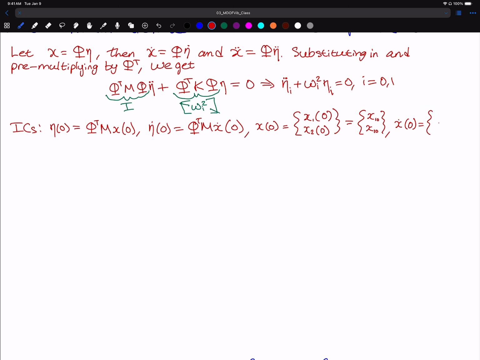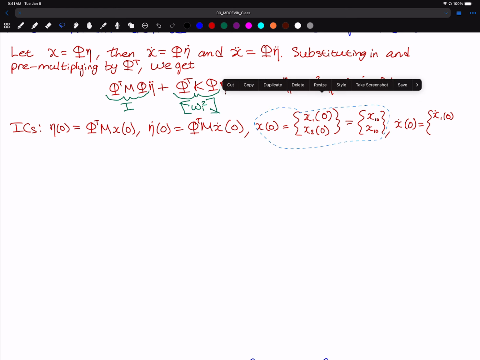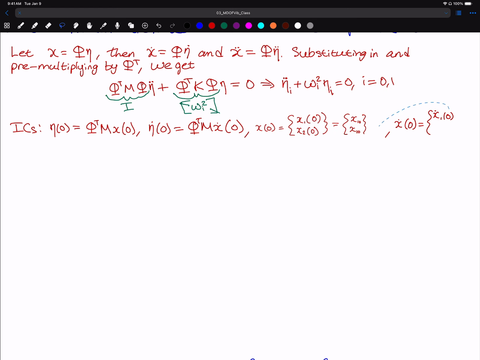x dot of 0 will be equal to x1 dot of 0, x2 dot of 0. I'm going to run out of space here, so let me reduce the size of this just to give myself some more space. We'll rewrite this, and we're going to say that this is equal to v1 0 and v2 0, and those are just constants here. So if we go and apply our modal transformation to the initial conditions shown right here and right here,